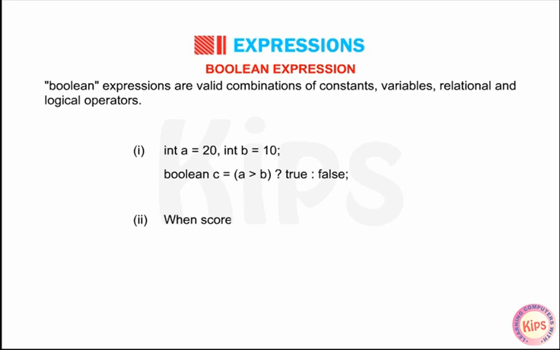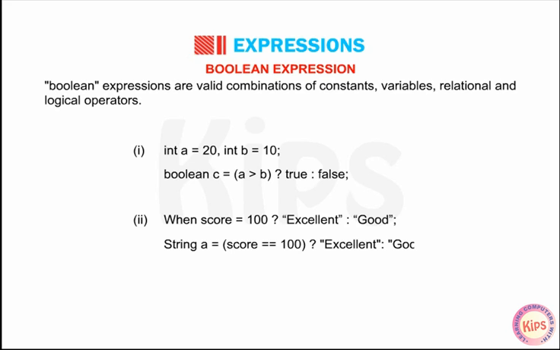Number 2: when score == 100 ? "Excellent" : "Good"; String a = (score == 100) ? "Excellent" : "Good";